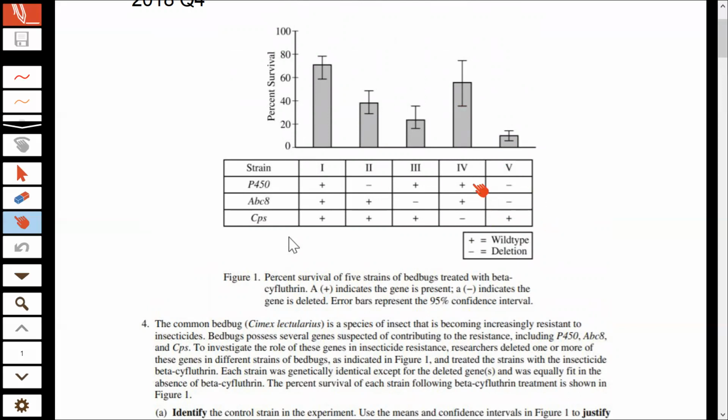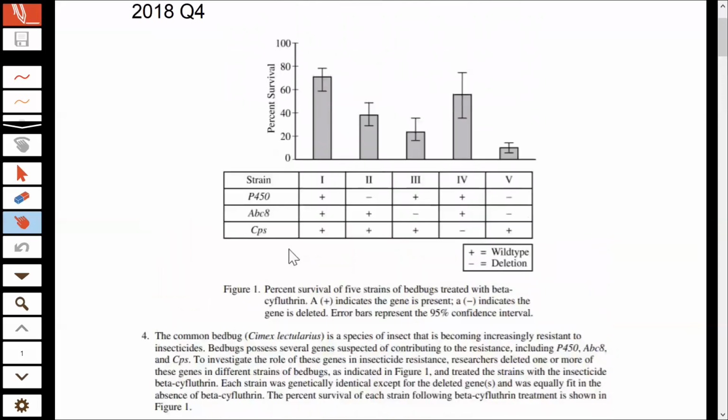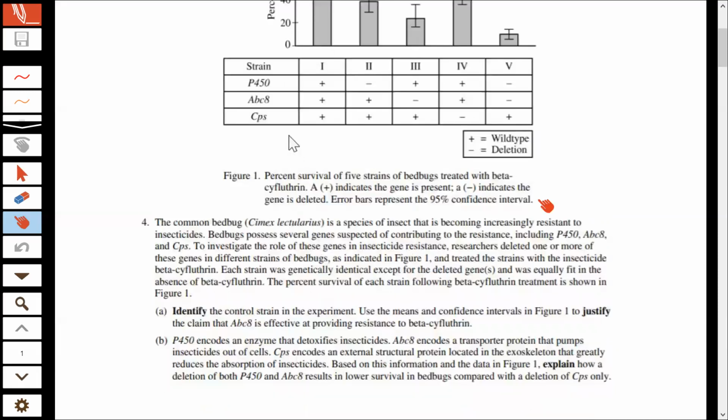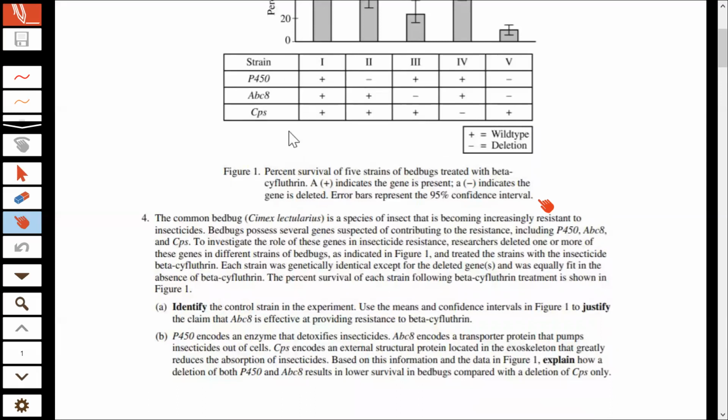And we're trying to explain why the data in group 5 is different from the data in group 4. And so what we can notice is the things that really help, the things that make the survival rate a lot bigger, are P450 and ABC8. CPS does not do that quite as well. So we have to think of a possible biological reason why,